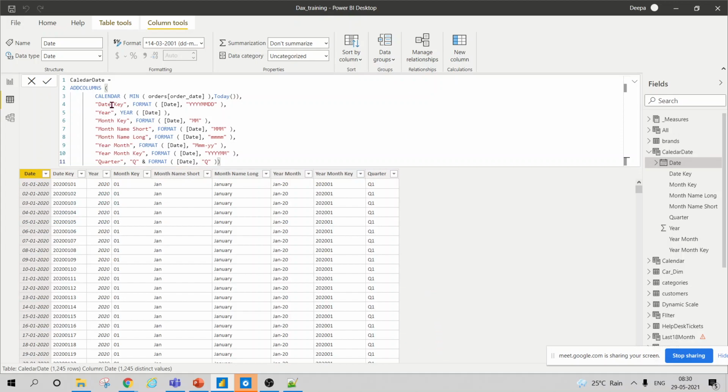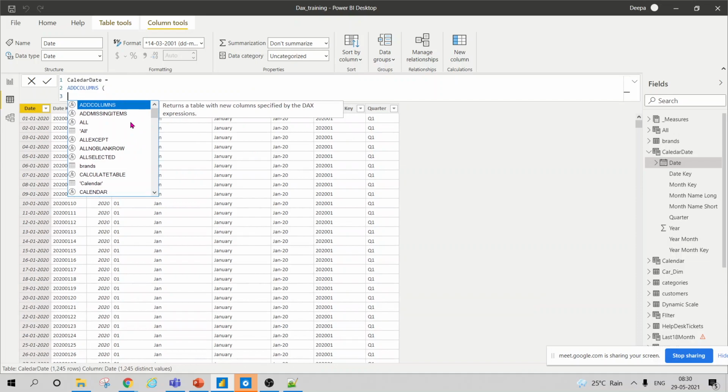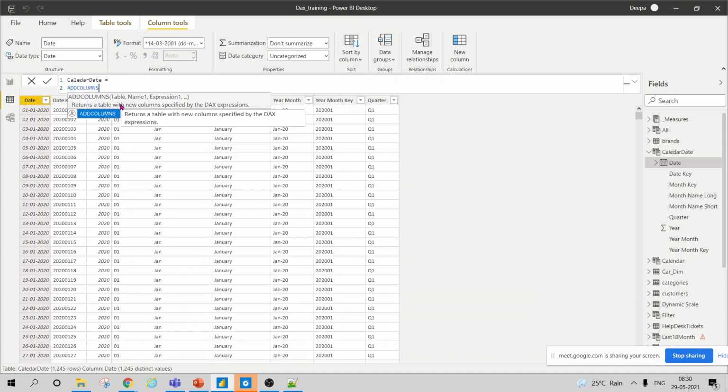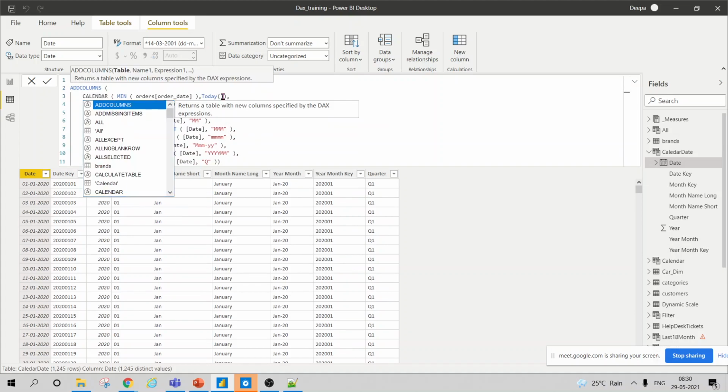So my first add columns, whenever I'm writing an add columns expression, it always asks you for a table, right? Then it asks you for the name and then the expression. So whatever you first want to write, you will always want to write for a table.